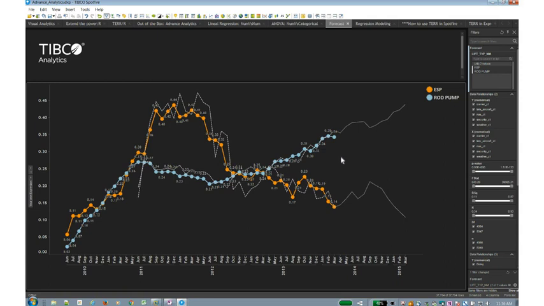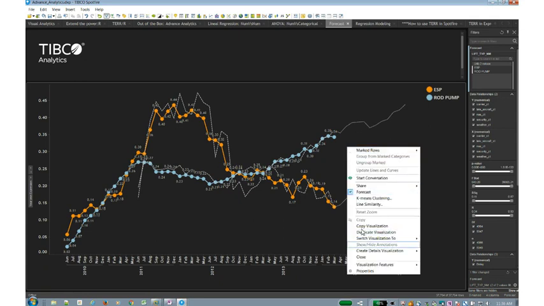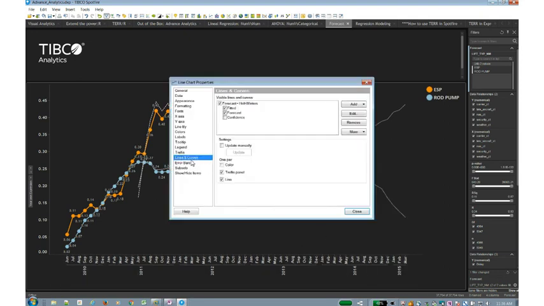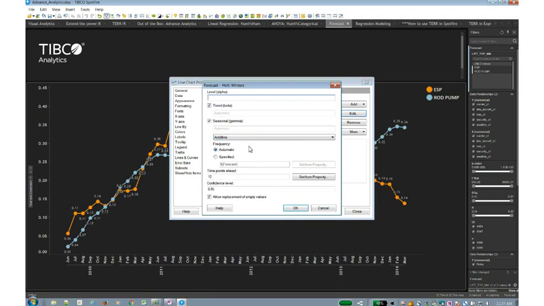But for those folks that want to know a little bit more about it, they can go under the hood and look at the properties and see exactly what those lines and curves were doing and what algorithm it was using. In this case, it's a Holt-Winters forecast, and they can edit the parameters if they want to add seasonality, whether it's additive or multiplicative, whatever functions or little options that they want to tweak, they can.